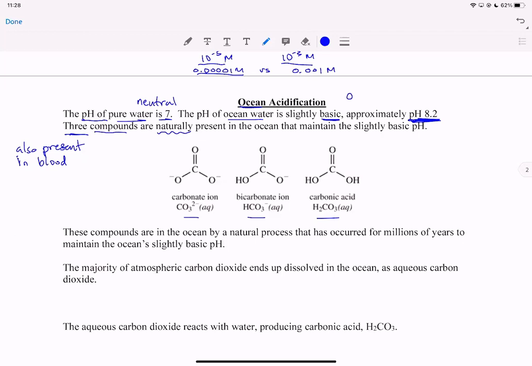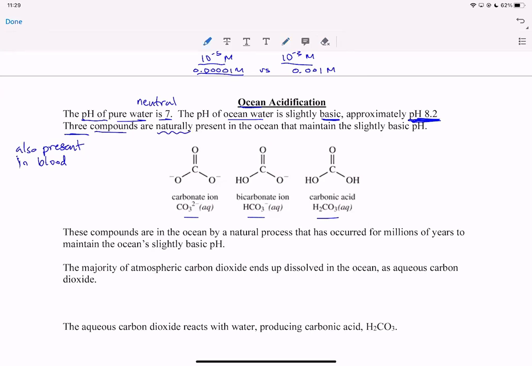They are naturally present in your blood, and your blood is also slightly basic. It's not 8.2, it's even more slightly basic. Blood is usually around 7.4. So remember, neutral is exactly 7, but blood is slightly more, and anything above 7 counts as basic. So blood is about 7.4, 7.5, and that is so blood can take up any excess hydrogen ions. Okay, so the system can absorb,